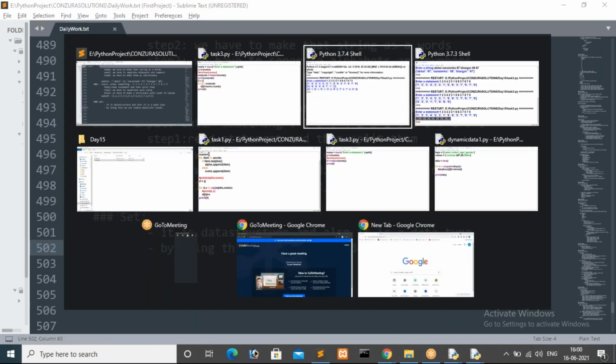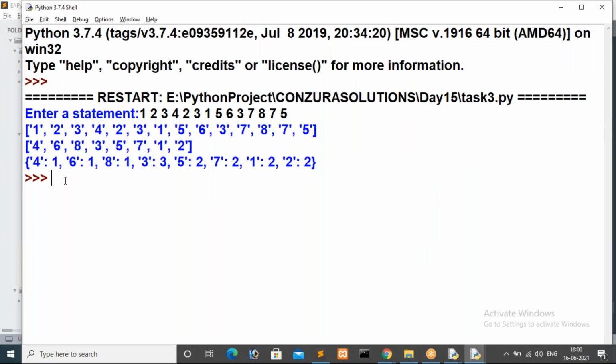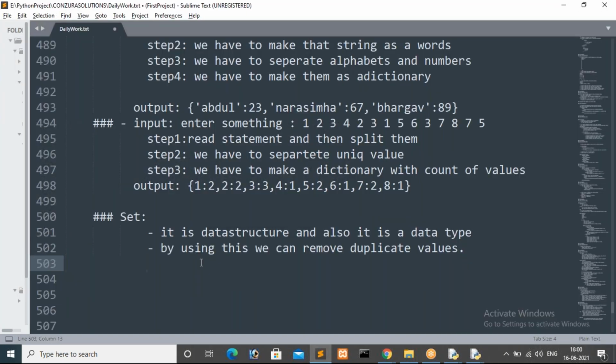So here I will show you. I am going to initialize a set. For initializing a set, to define a set, we have only one way, guys. To define a list, a tuple, or a dictionary, we have two different ways. But in Python, to define a set, we have to use this: s is equal to, you have to go with a function only, guys. We have to use a function only.